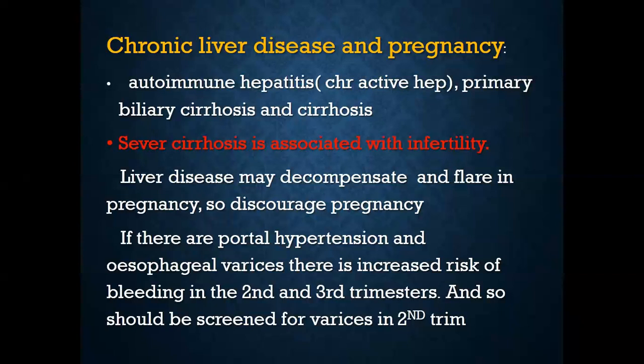Liver disease may decompensate and flare up in pregnancy. So women with cirrhosis are discouraged or not advised to have a pregnancy, because if her liver is compensating in the non-pregnant state, once she gets pregnant, because of the burden and requirements of pregnancy, she may have liver failure and decompensation. If there is portal hypertension and esophageal varices, this woman will have an increased risk of bleeding in